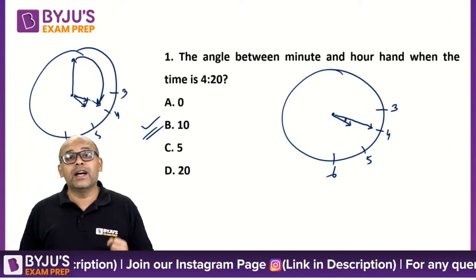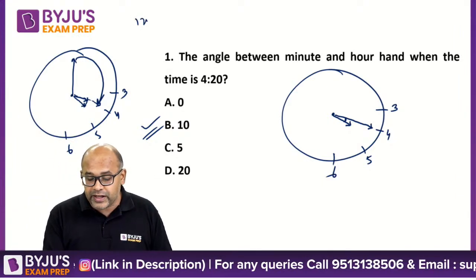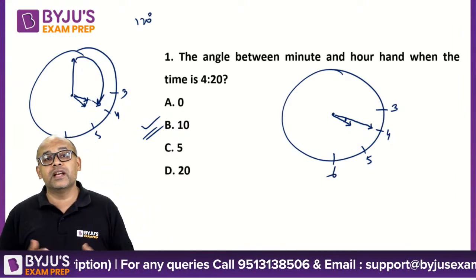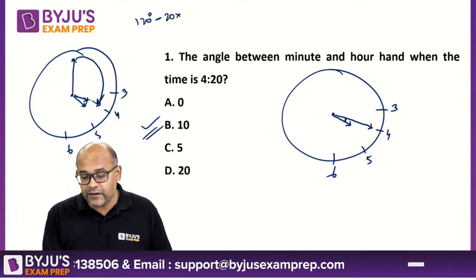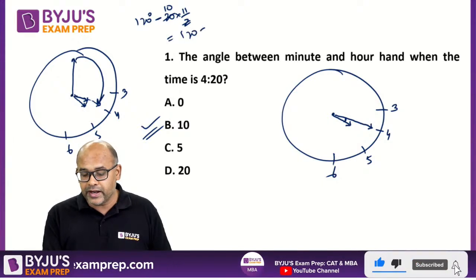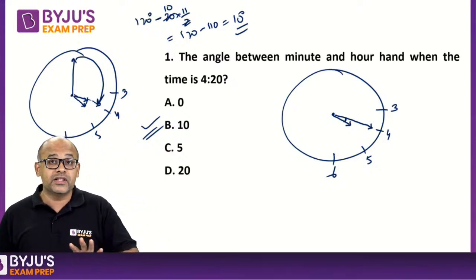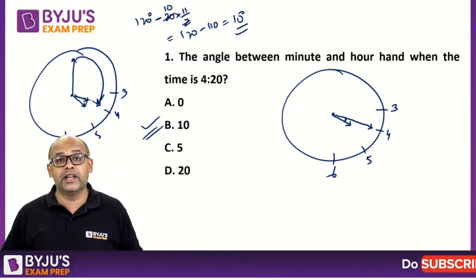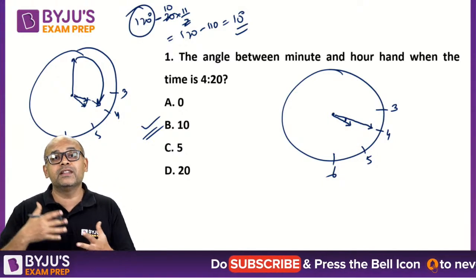So if I want to look at the angle here, I can always start with the difference between them, which is 120 degrees. Then for 20 minutes they are both traveling. So 120 minus 20 into 5.5, that is 11/2. So this is 120 minus 110, which is 10 degrees. So what did I do here? This is one method, which is the starting approach I showed you at the beginning. So the starting reference is 120 degrees. From that my distance is decreasing.